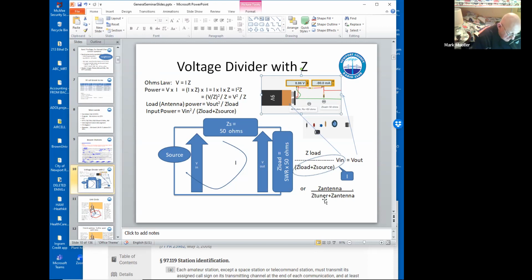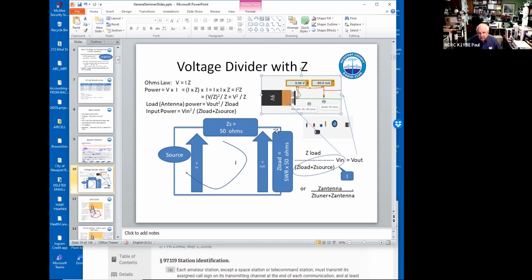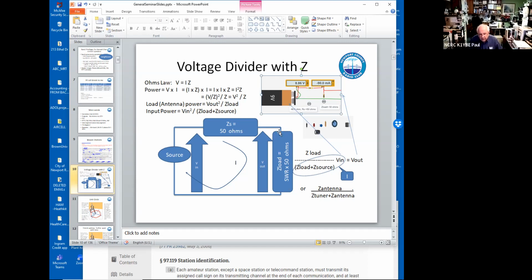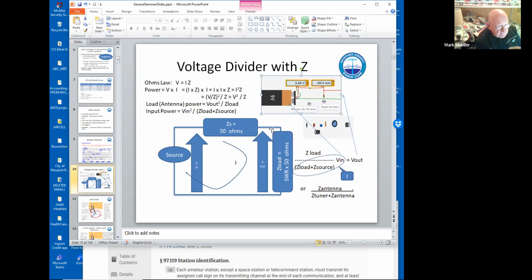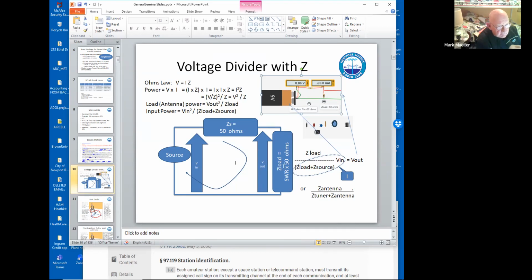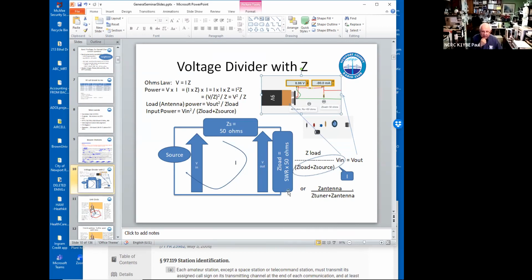No. Look at my diagram again. See this point right here, right between the two resistors? Yeah, that's the output. Whatever the voltage is there, the output of that first resistor is what? How many volts? 6, because you had 10 going in and you had 50%. No. In this drawing I have 50, but if you put the 120...